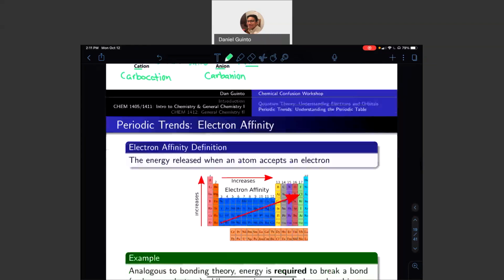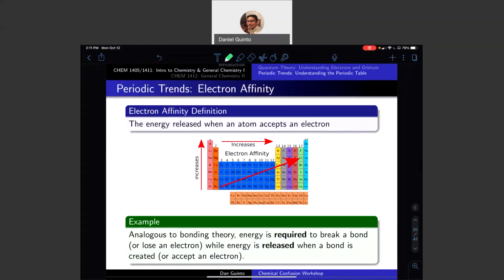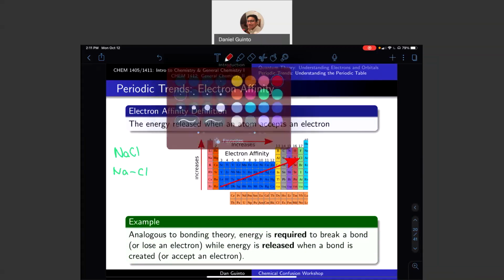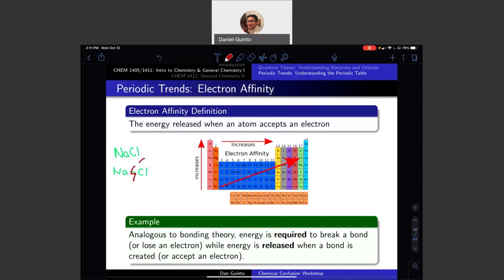Now we look to our next trend, electron affinity. Electron affinity is basically the energy released whenever an atom accepts an electron. So the way we can think of it is whenever a bond is broken or created, analogous to bonding theory. So let's say we have a molecule of sodium chloride in this case. There is a bond between that, which is technically considered an ionic bond, which we will cover in a bit. So in order to break said bond, you're going to have to put energy into said bond,